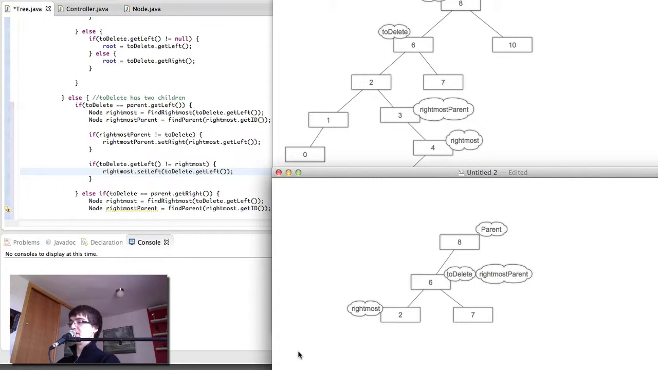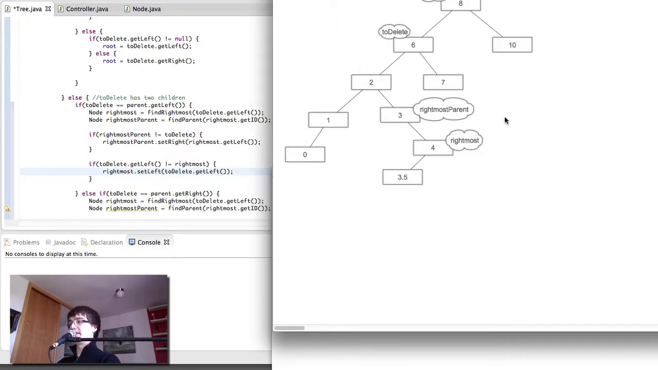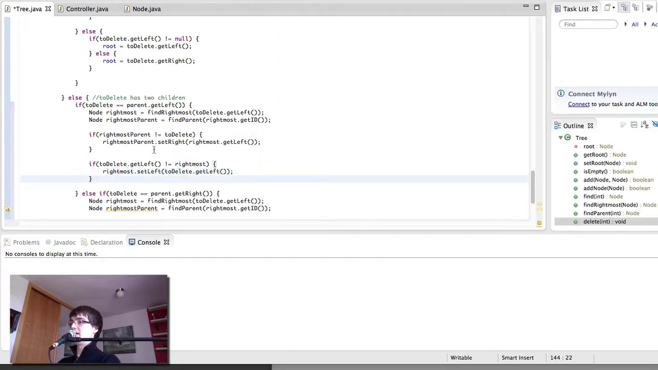I know you probably couldn't see some of that, but that's fine. So if to delete's left is not equal to the rightmost, we want to do that. Let's go up here and see what I mean with that. The left of to delete is 2. Do we want to set the left of rightmost to be 2? Well, yes we do. We want to put this 4 up here, and we want it to point to 2 and 7. So we do want to do that, but only if they are not the same. And we have seen why. Finally,